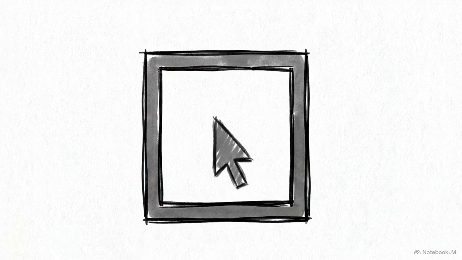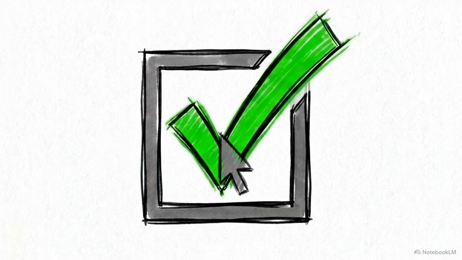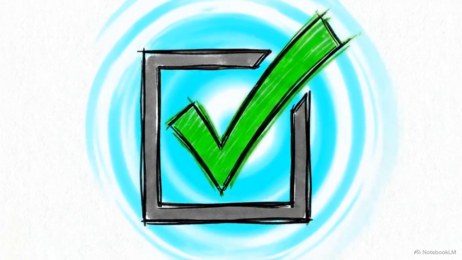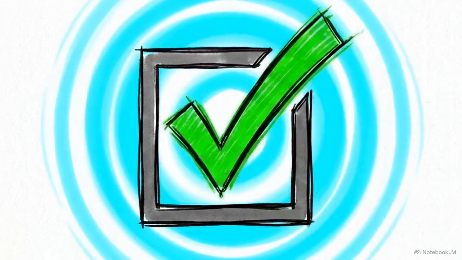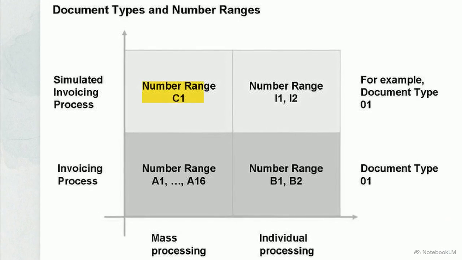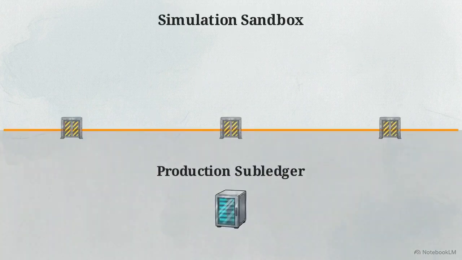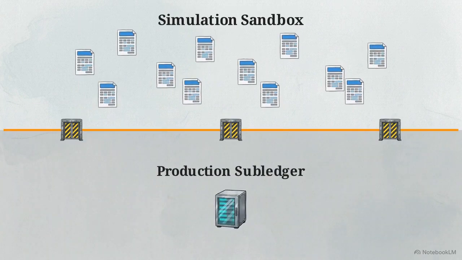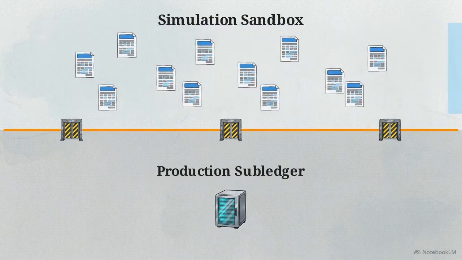Locate the Simulation Run checkbox and select it. This single action alters the entire processing pathway for the current run. As shown in this grid, selecting simulation mode for mass processing routes data into isolated number ranges, like C1. By locking documents in this range, no real financial postings are generated in FICA, preventing the need to create thousands of reversal documents for incorrect results. Checking this box establishes a definitive boundary, ensuring the run remains a safe, reviewable test rather than an immediate update